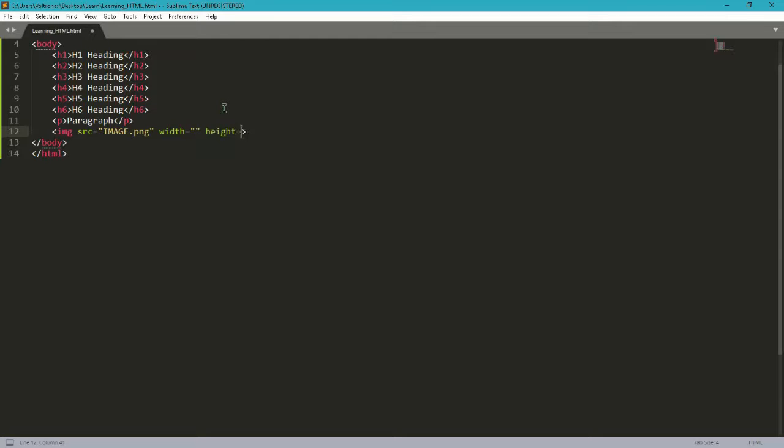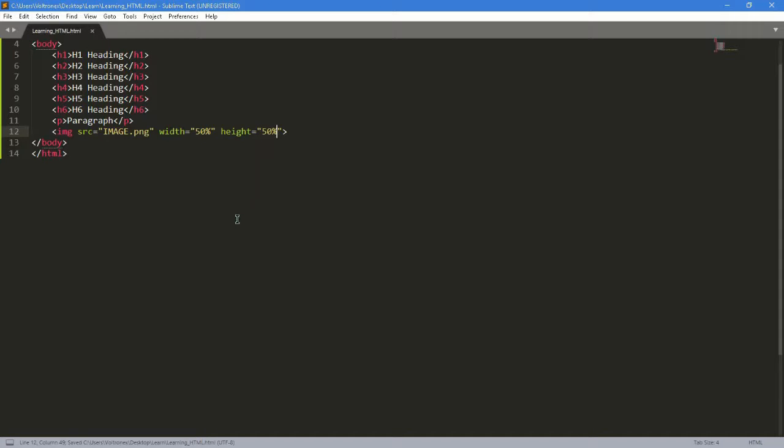and height. Also, you can note that the double quotes or single quotes are not necessary. If you don't want to put them, you can remove them. It doesn't matter. But I like to keep the quotes, so it makes my code look a bit organized and not messy and hard to understand. So you can either use the width and height as pixels or percentage. Like if I write 50% in both of them,